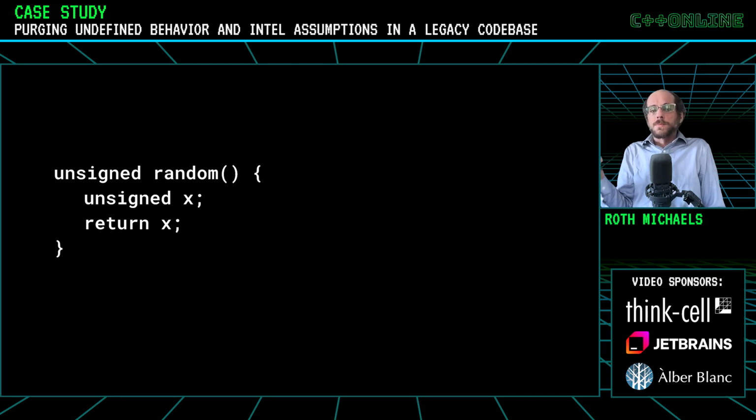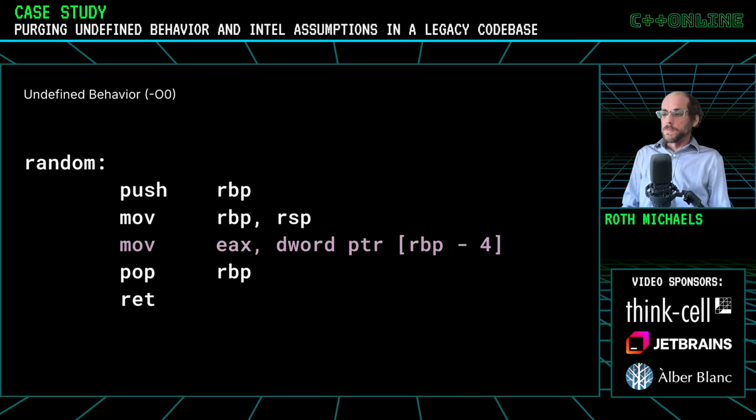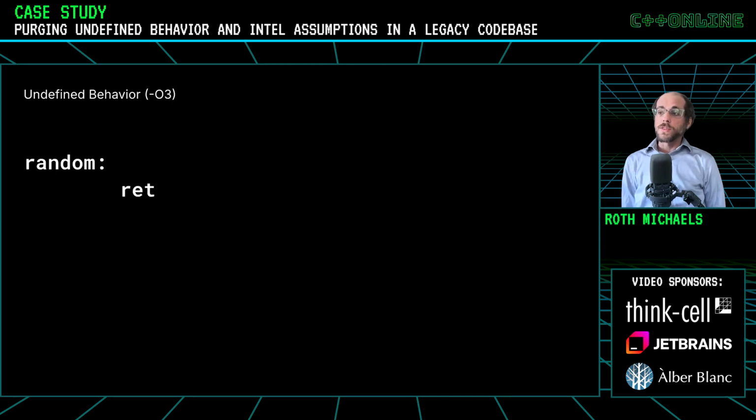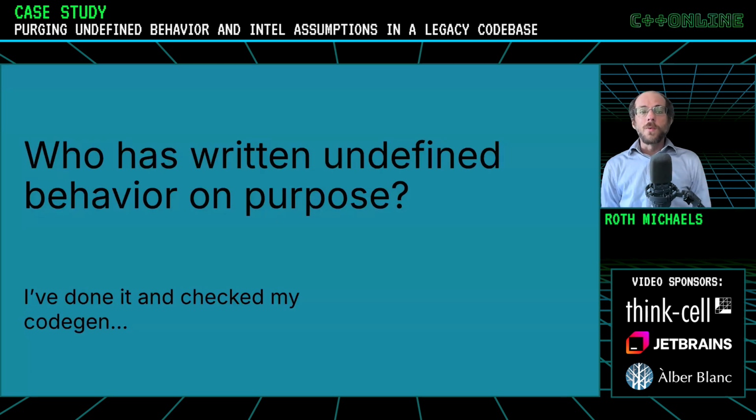But the point about undefined behavior is the compiler is allowed to assume that that is never going to happen. So if the only thing in this function is invoking undefined behavior by returning X, the compiler is going to think, oh, well, that's impossible. That's never going to happen in my world because that's impossible in C++. So instead, with optimization O3 on, Clang will compile this as an empty function that just returns, because it really could do anything. Obviously, if all this function does is invoke undefined behavior, the compiler can assume it will never be called in a real program, and so can just optimize the whole thing away. That's really why undefined behavior does such confusing or scary things: when the optimizer assumes something's never going to happen, and then it does, you can have surprising results.